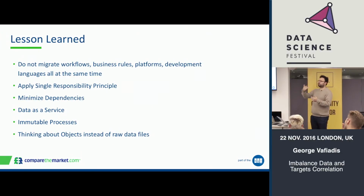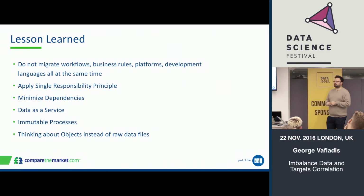So one job is in one EMR cluster and one Spark application, and get the data from S3, process them, filter them, clean them, maybe find some correlations or whatever, and then store them back to S3. So we start moving towards this methodology, and also we're trying to minimize the dependency. We had a really big dependency hell on the Hadoop cluster that were thousands of tables and data are coming from everywhere. But with our approach, we try to have really clean models, and at each stage to be able